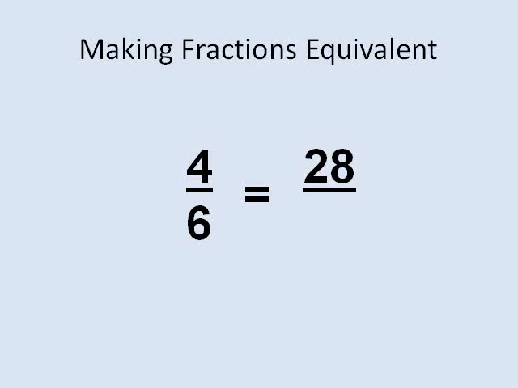In this example, we are looking for the missing denominator. This is number 5 on your worksheet. Match up the 2 numerators from smallest to largest. What times 4 equals 28? 4 times 7 equals 28. The numerator was multiplied by 7,